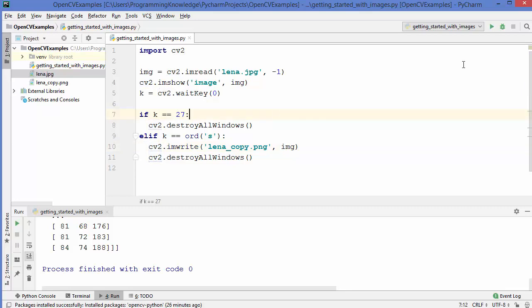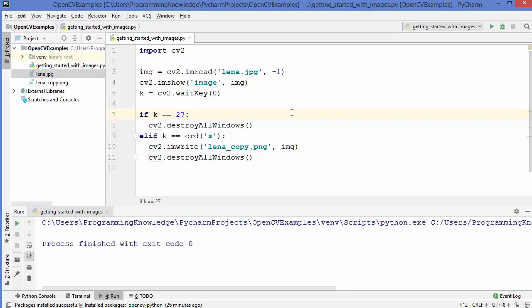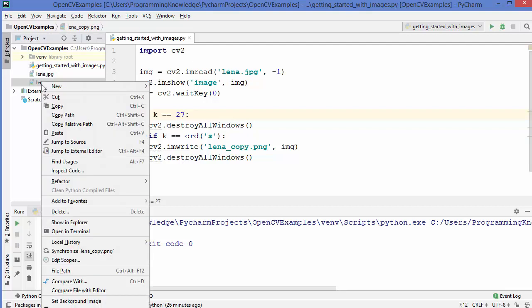So let's run the code and let's see what happens. So this image is loaded, and as soon as I press escape button, you can see this image disappears. That means this condition is met and this method is called, and all the windows will be destroyed without saving the image. Let's delete this image and let's see what will happen when we press the save key.